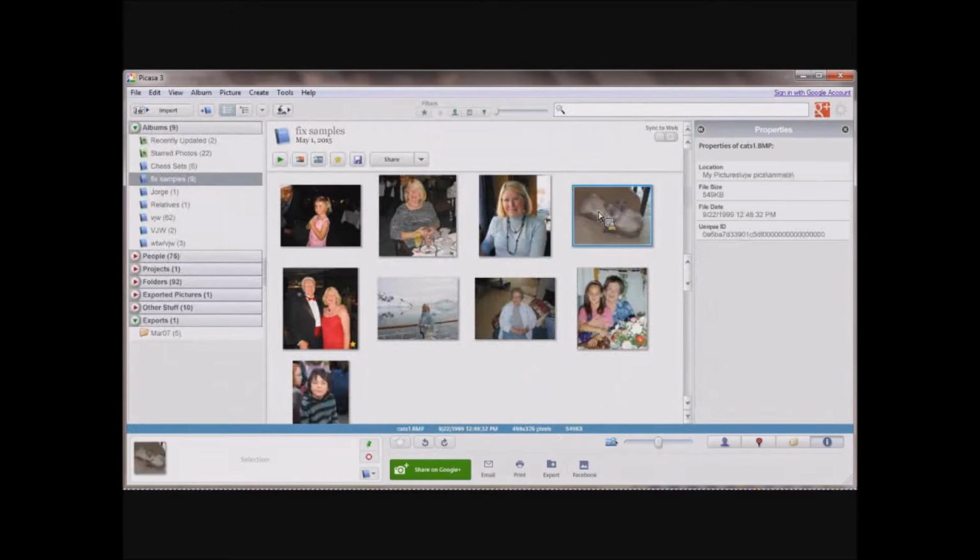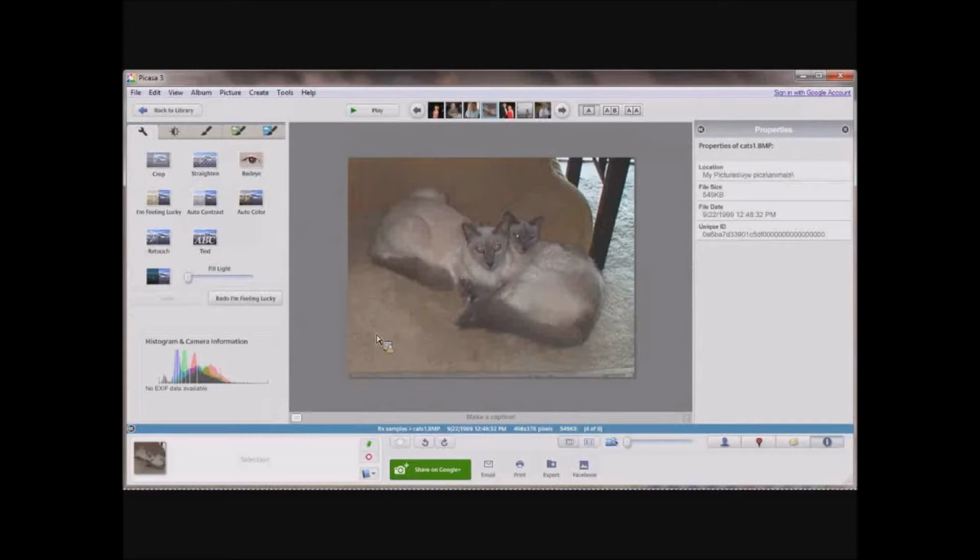Here's one that really is a terrible photograph. I mean, you wouldn't like that at all. But here's a button called I'm Feeling Lucky. Watch this when I click this button. It's in the second row down, first button, I'm Feeling Lucky. If I click that,